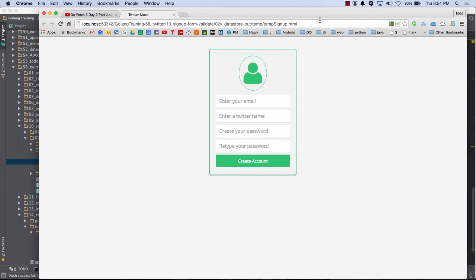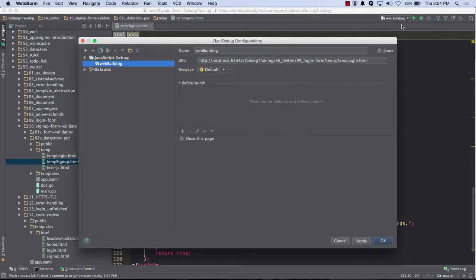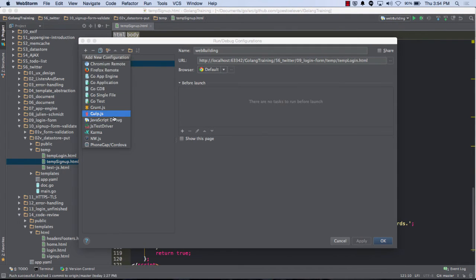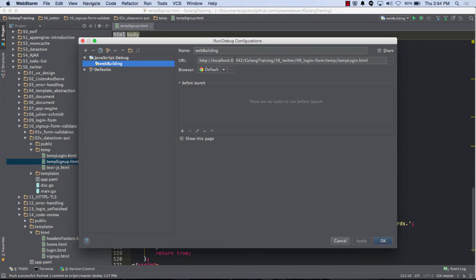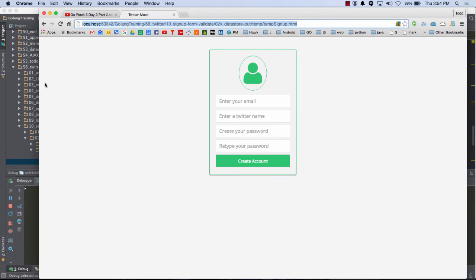Okay, so I could take this URL, copy it. I come back to WebStorm. I could go up to edit configurations right here for live update. And I could create a new JavaScript configuration, or I'm just going to edit this one I already have. I'm going to get rid of that URL, put this one in, and then hit OK. And then I could run debugging, which is going to refresh this page.